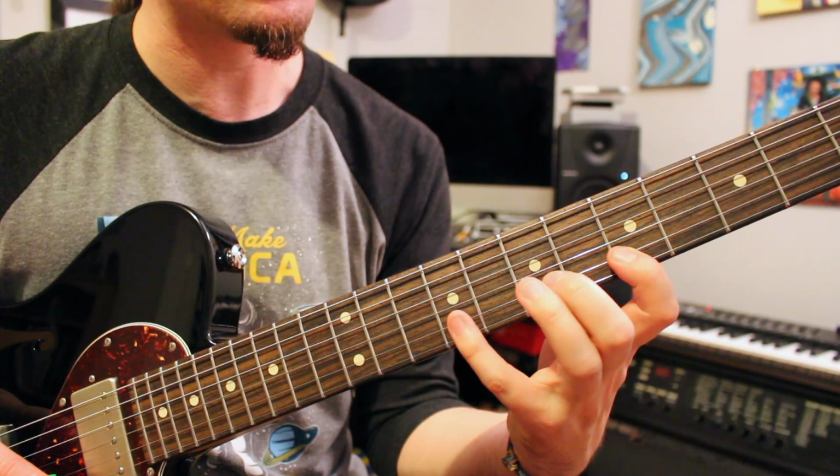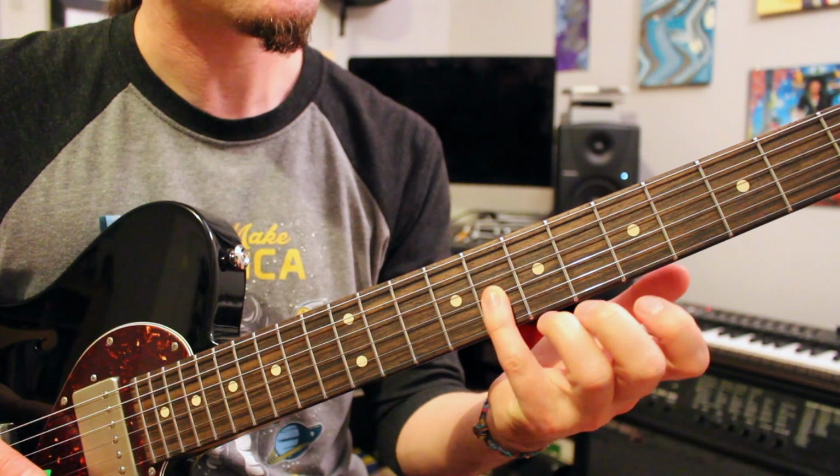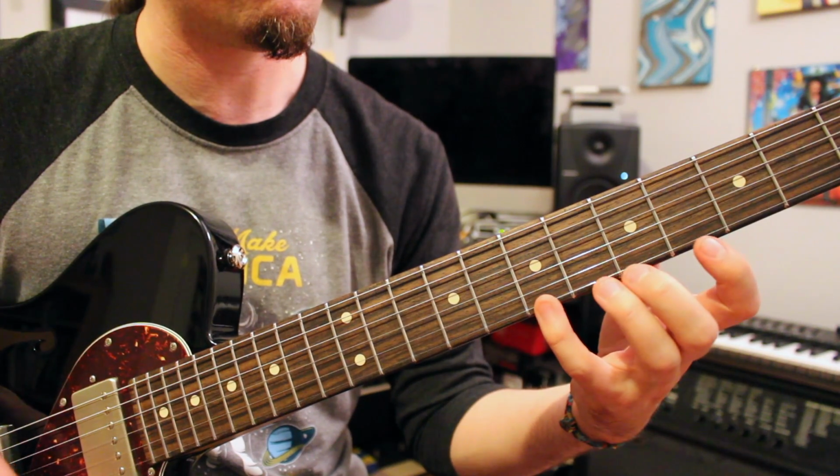After this, what you're going to do is move down a fret onto the G string and play basically the same pattern. So it's going to be 8, 6, and 4 2 times in a row. So now you have...